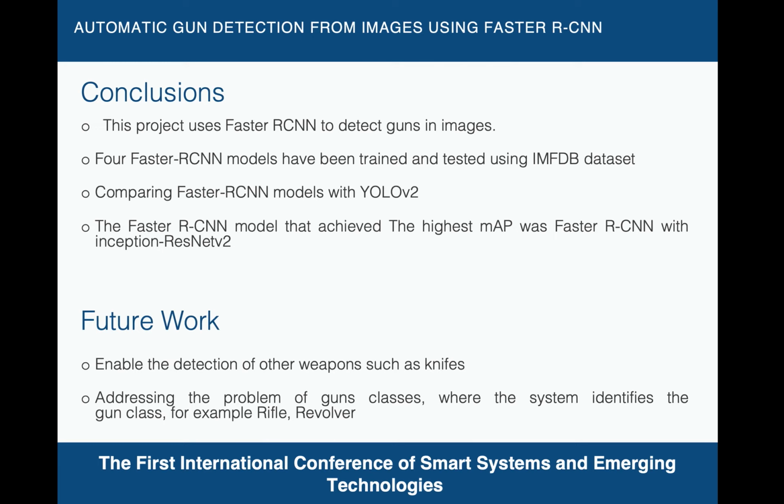Finally, to conclude, this project uses Faster RCNN to detect guns in images. We trained and tested 4 Faster RCNN models using the Internet Movie Firearm Database dataset and compared our results with previous work. We concluded that the model with the highest mean average precision rate is Faster RCNN with Inception ResNet v2 as its feature extractor. For future work, we plan to enable detection for other weapons such as knives and address